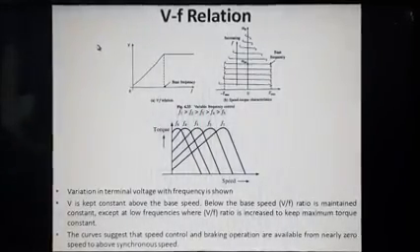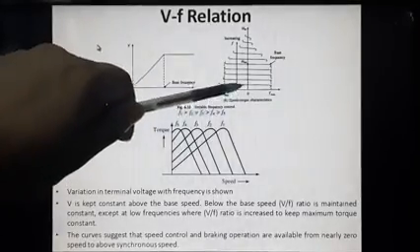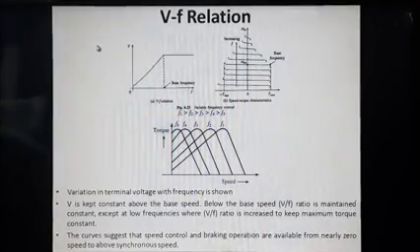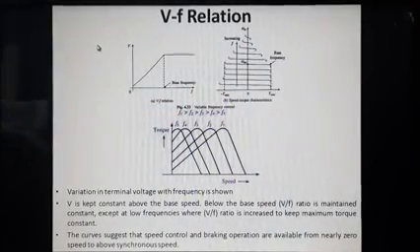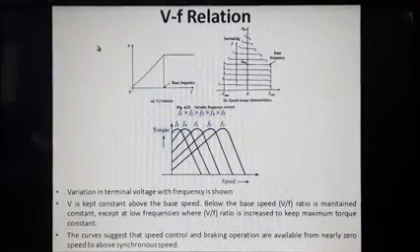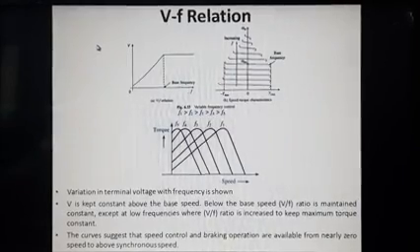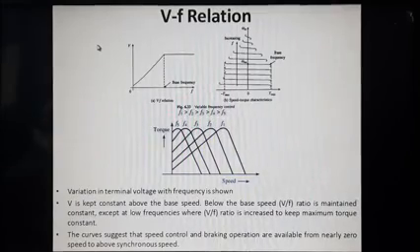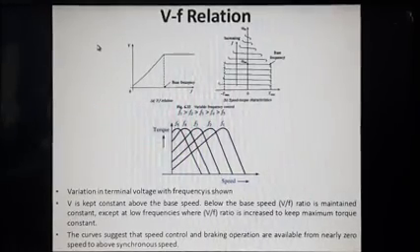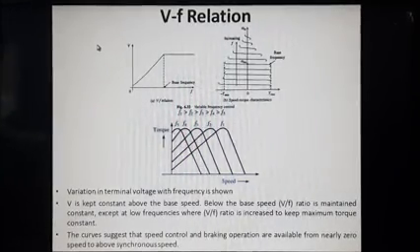As I have explained before, at this particular point, the speed is very small. A very small speed can be achieved only by reducing the value of frequency to a very small value. So if you are trying to reduce the value of frequency, definitely the term Rs by F in the Tmax is non-negligible.